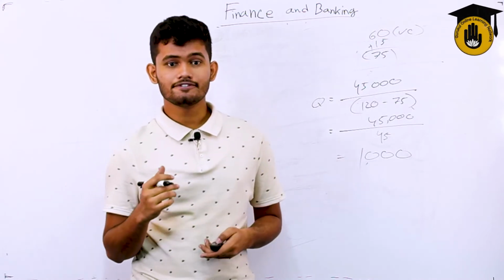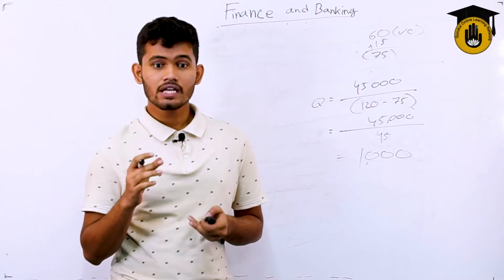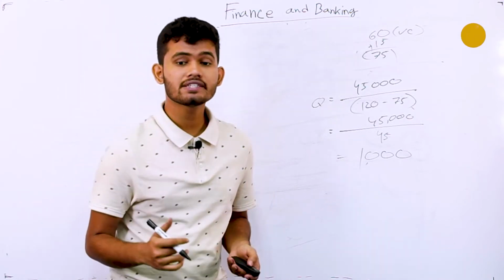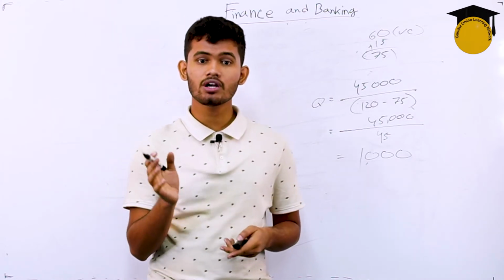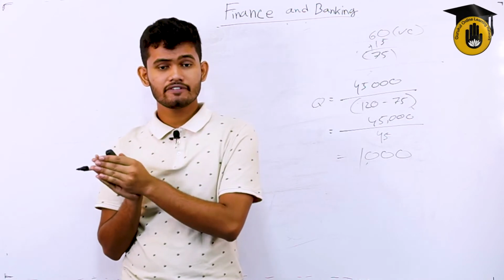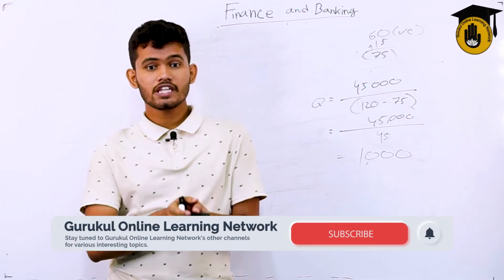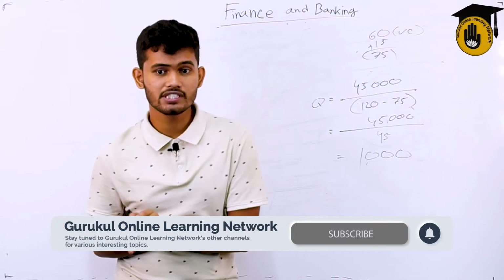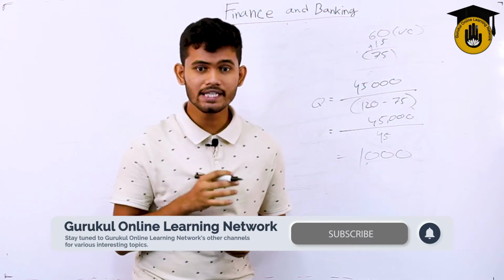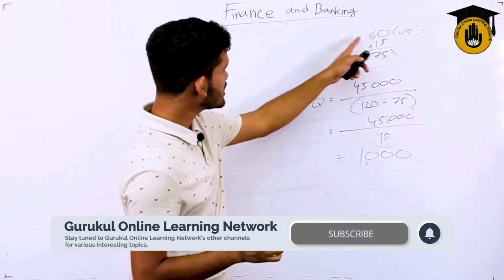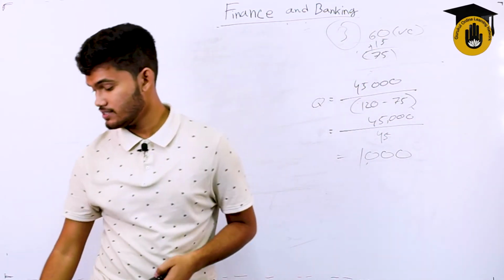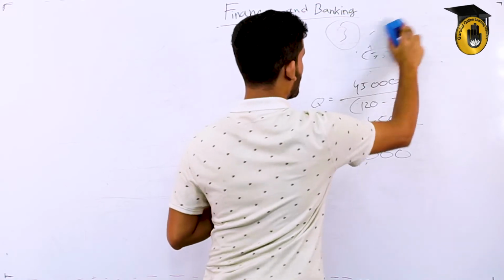So if we take out the effect of that, the per unit variable cost increases, the break-even point increases in comparison with the one we did in situation number 1, where the fixed cost was increased. If fixed cost increases, the break-even point increases. The per unit value, that means the VC increases, the break-even point increases. But if the selling price per unit increases, the break-even point simply decreases. So this was situation number 3, where our VC simply increased. So let's now take a look at situation number 4.